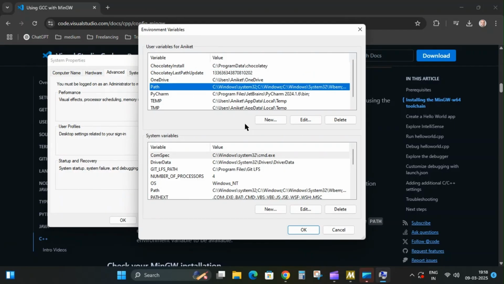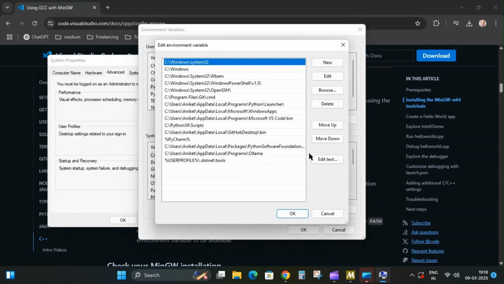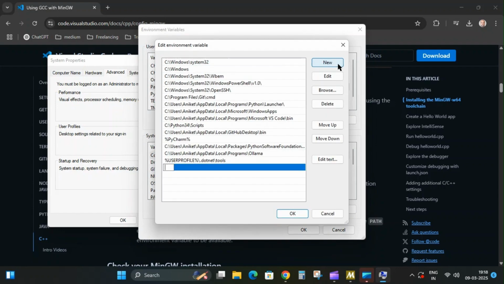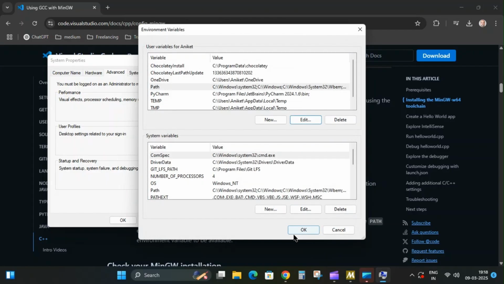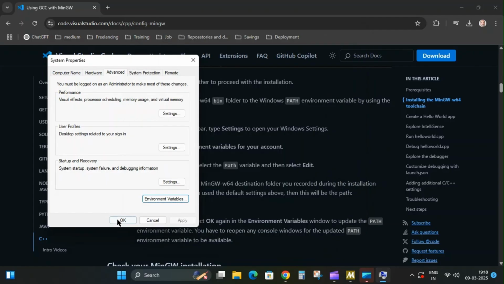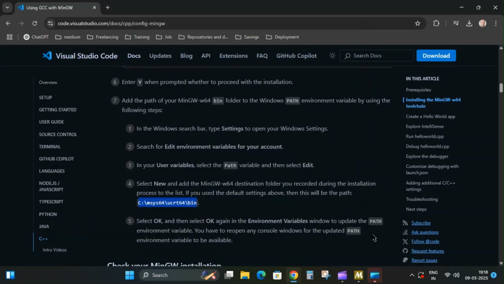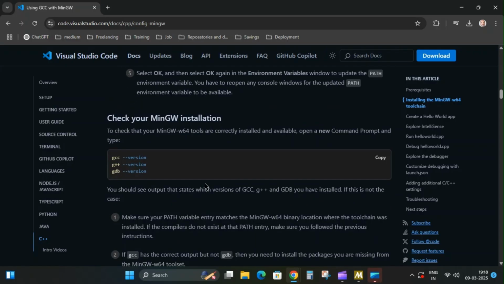Under the user variables, select path, then edit, then we simply press new and paste the copied bin path. Okay. That's all. That path is added to our system environment.